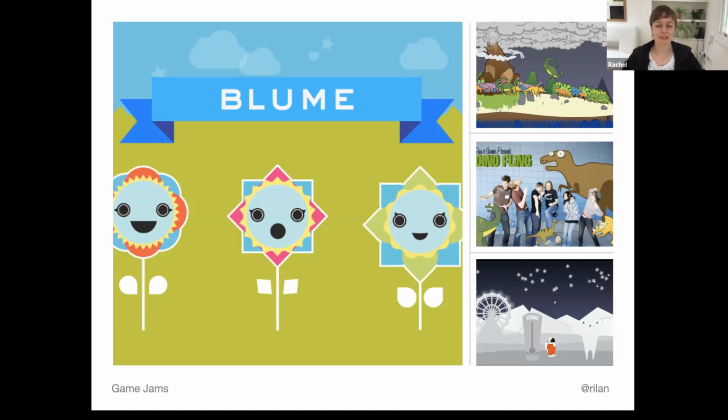These are some images from the Global Game Jam. The Global Game Jam is a yearly international event. It's usually held in February, or at the beginning of February. Basically how it works is you show up, there's a big group of people and everyone makes teams. You have a briefing or sort of this inspirational starting point, and then you have 48 hours to build